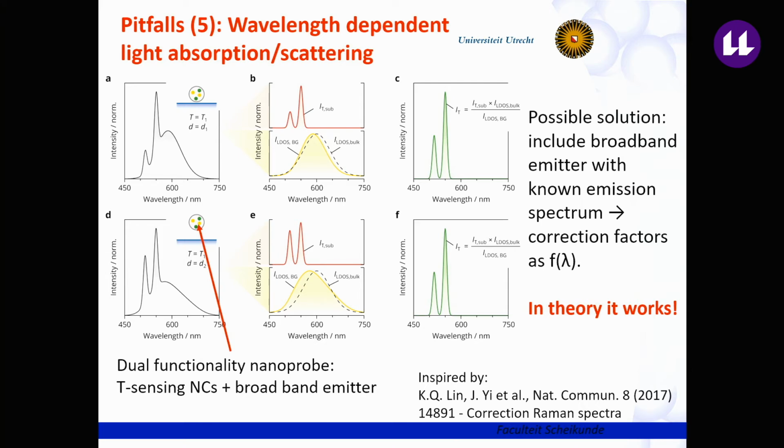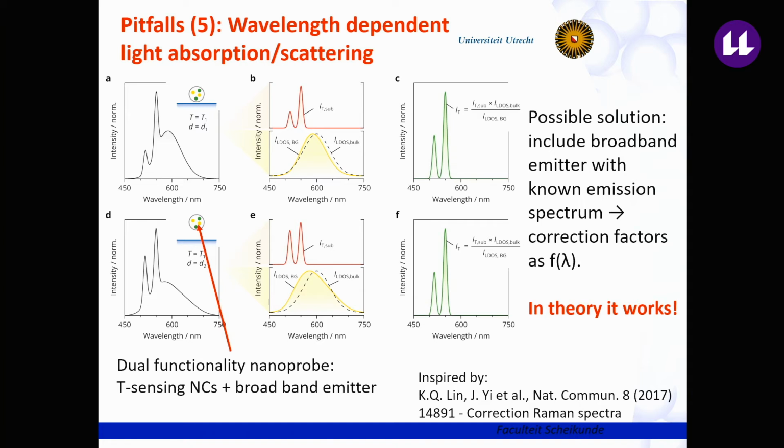Fifth pitfall, the wavelength-dependent light absorption and scattering. I just explained that when the medium where you have your temperature probe doesn't transmit all wavelengths in the same way, because part of the wavelengths are absorbed more than others, then you get wrong readings. One way that you could correct for this is to add an additional broadband emitting probe with a very